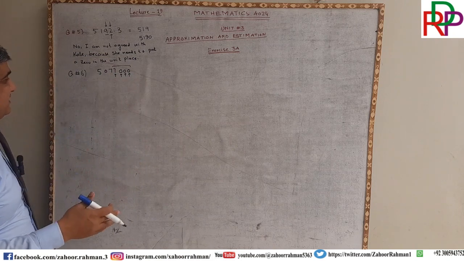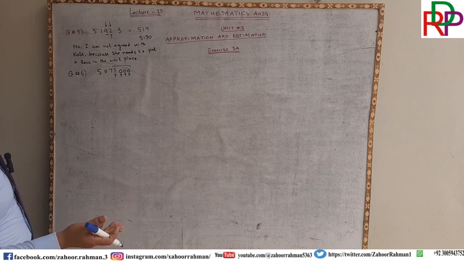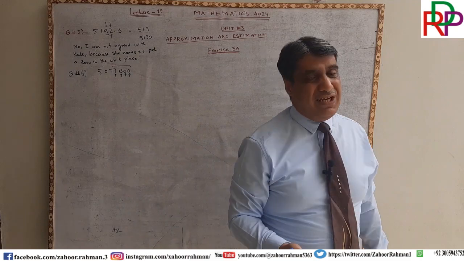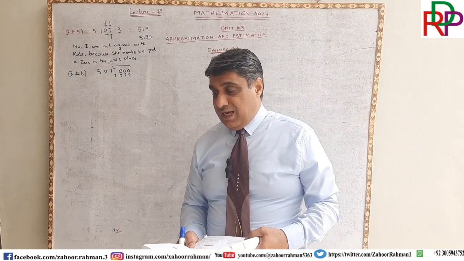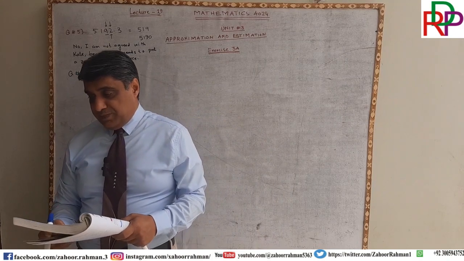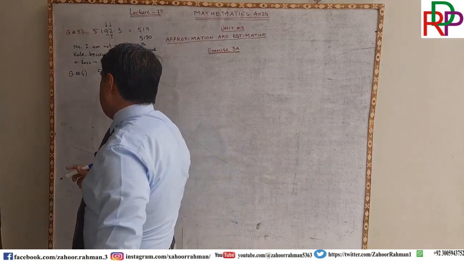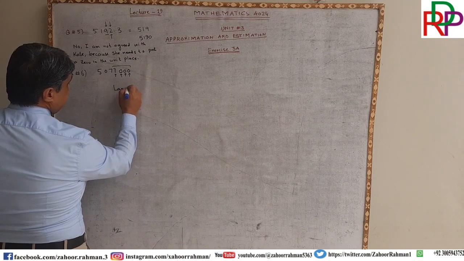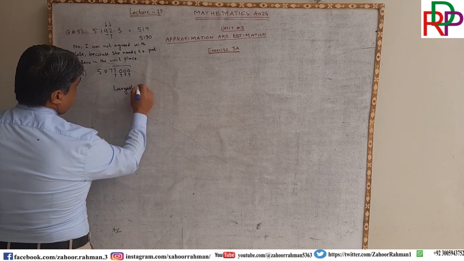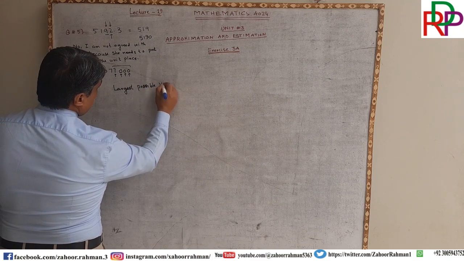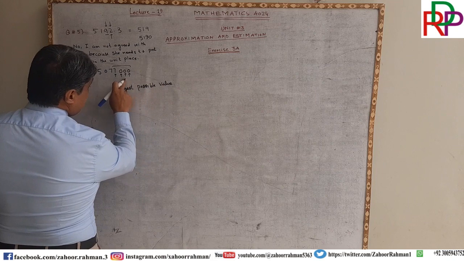So if this is the value, what is the smallest value of the population and what is the largest value of the population? So the largest possible value which is rounded